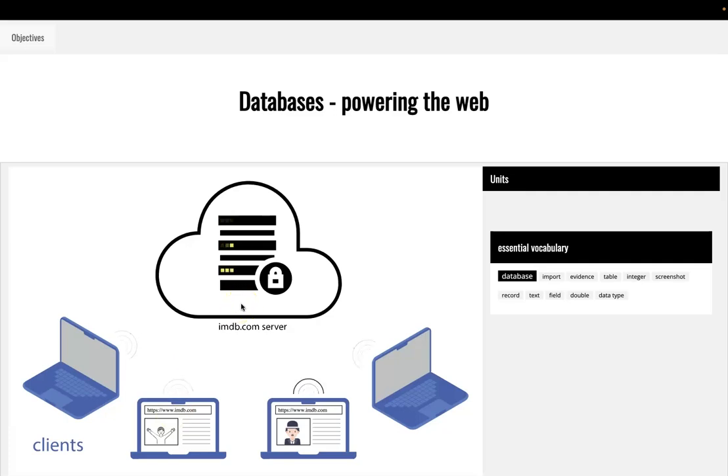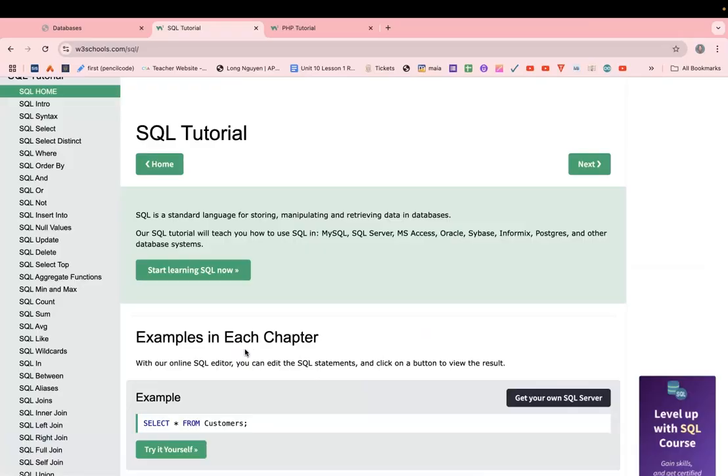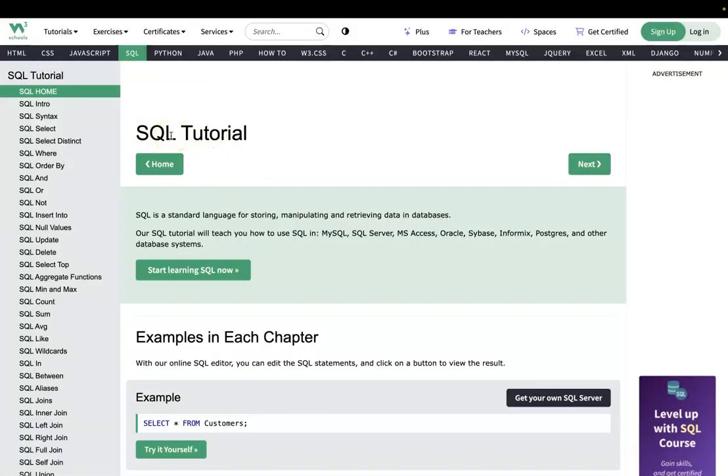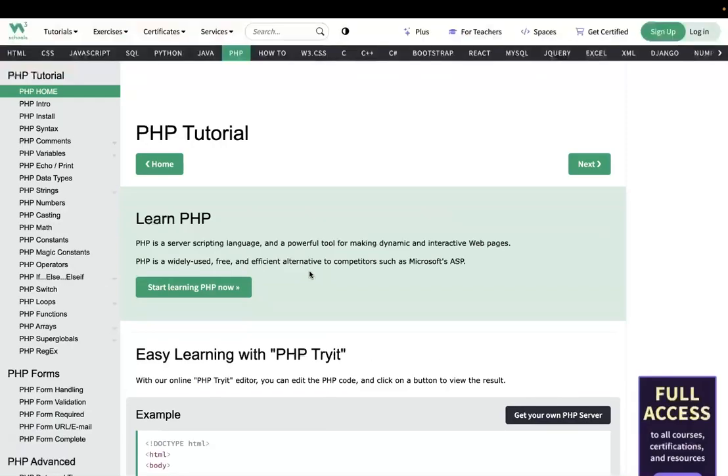In order to create a database and manipulate a database, a very common technology that's used is SQL. So in this course, we will have an introduction to SQL, which is a standard language for storing, manipulating, and retrieving data in databases. Once we've retrieved data from a database, we need to figure out how to push the data into a web page. And a very common technology that can help us do that is PHP. So we'll also have an introduction to the PHP language